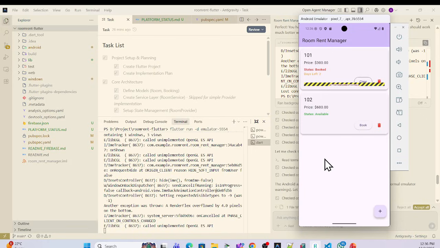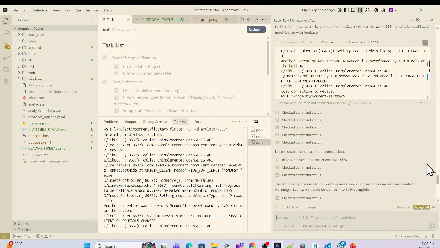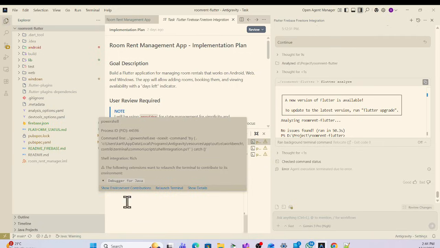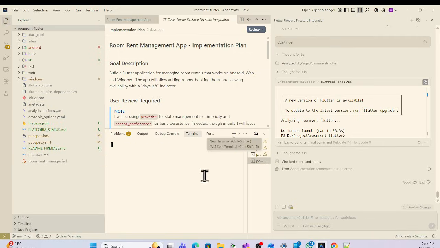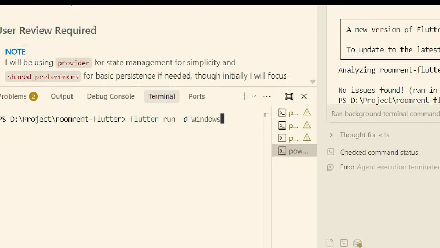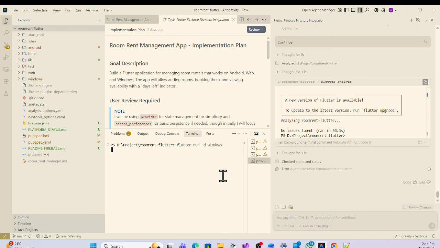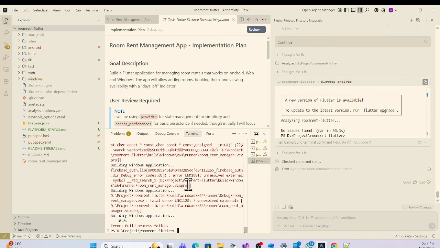So yeah, this way you can easily build the application. But there are platform specific problems for desktop. So let me check, like we still have a Windows issue and all. For Windows, I can simply use this command: flutter run -d windows, and hit enter. Yeah, basically we still have that problem, because the main problem is, if you go back to your